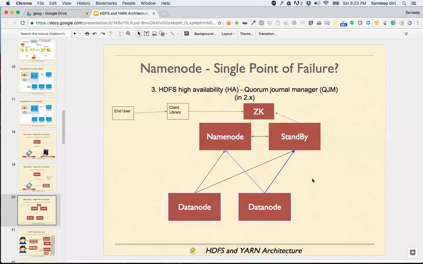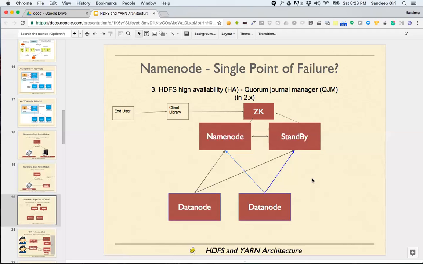If somebody does not give their attendance for some time, Zookeeper assumes them to be dead, and gives the first slot to another. So the name node as well as the standby both keep on telling Zookeeper that I'm alive, I'm alive. And until this happens, the first one will remain the name node.